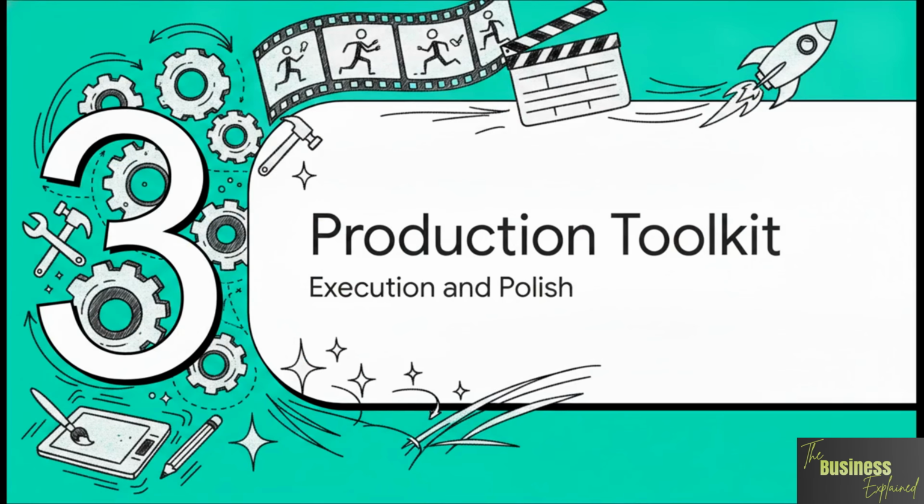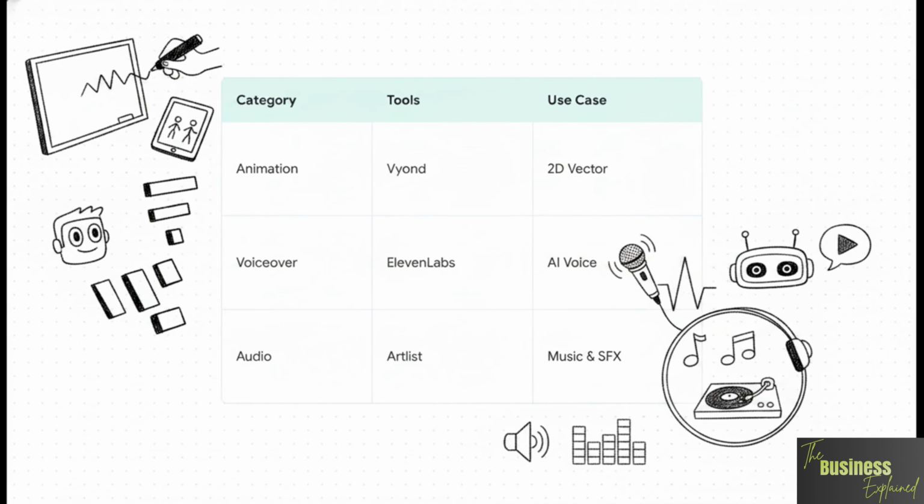All right, let's move into our final stage. Section 3, the Production Toolkit for execution and polish. So here is your ultimate toolkit matrix. First up, animation software. If you want that classic drawing hand whiteboard aesthetic, you're gonna want VideoScribe or Doodly. But if you prefer more modern, drag and drop 2D character animations and that kinetic typography, go with Vyond, Animaker,